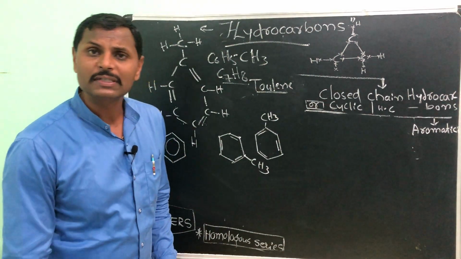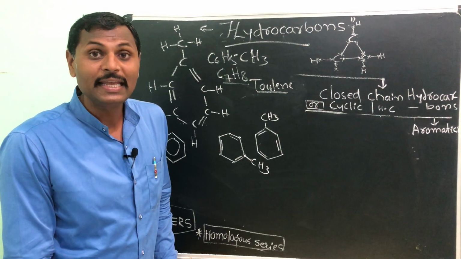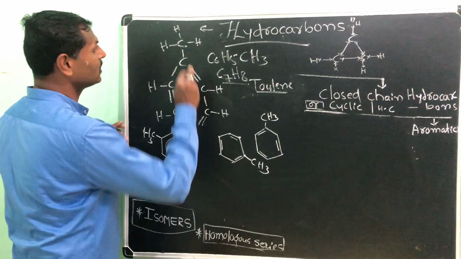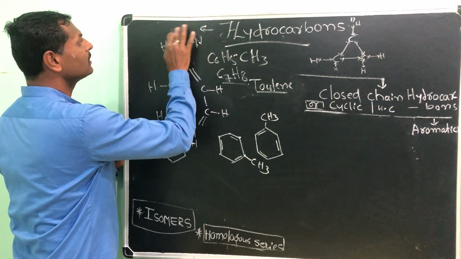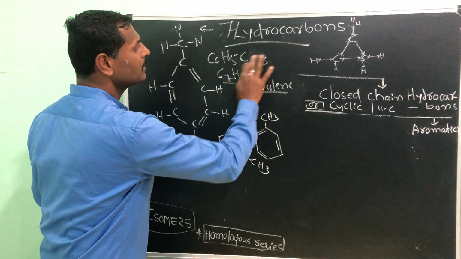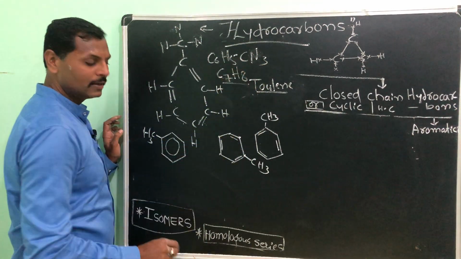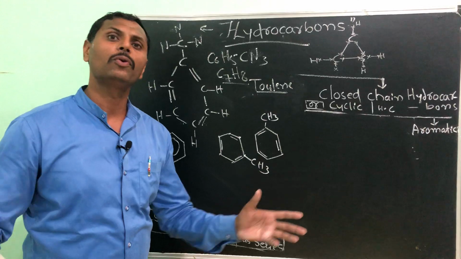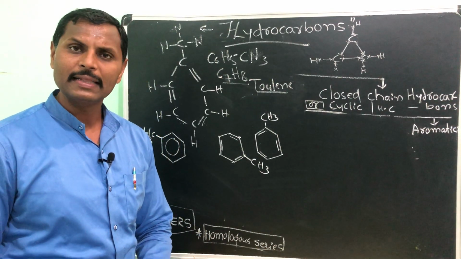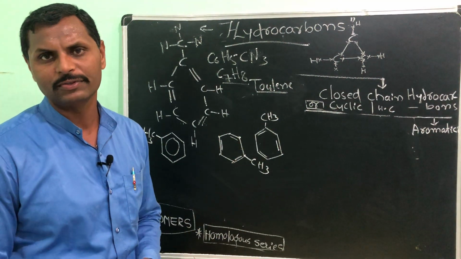Toluene is used in explosives. Once again, trinitrotoluene, TNT. In place of hydrogen, they will place 3 nitro groups, then it becomes TNT, trinitrotoluene. This we are using in explosives and the manufacture of plastics. In dyes and paints, the uses are the same as we have taken for benzene.